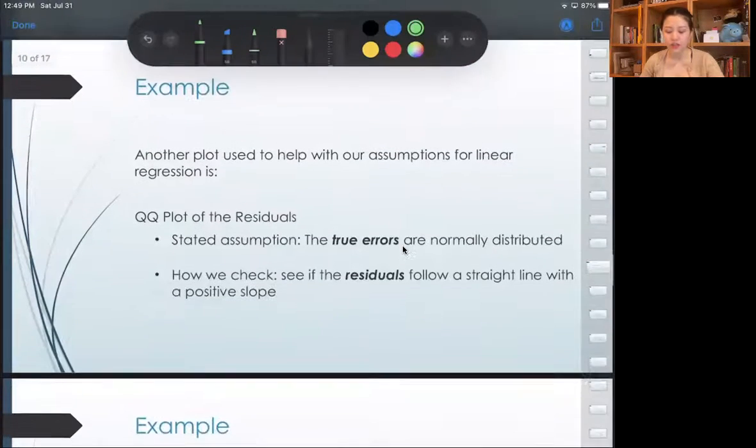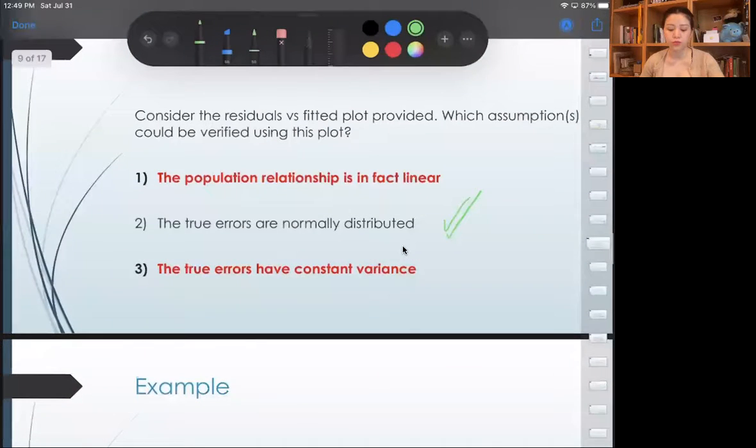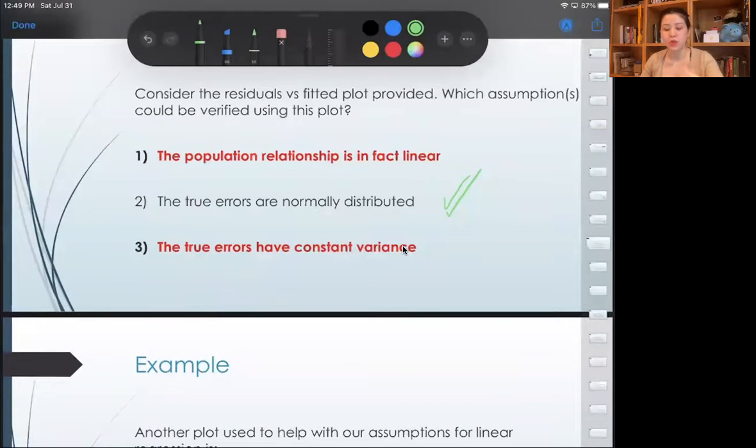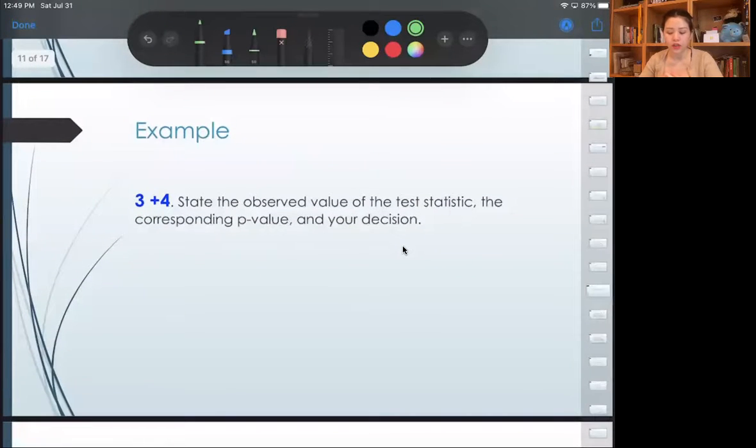Here, I actually show you how to prove, there's no proven statistic, but prove that these requirements are satisfied. But a lot of times the professors just ask you to list out all these three without showing anything else. Now step 3 and 4 is we state the observed value of the test statistic, the corresponding p-value,